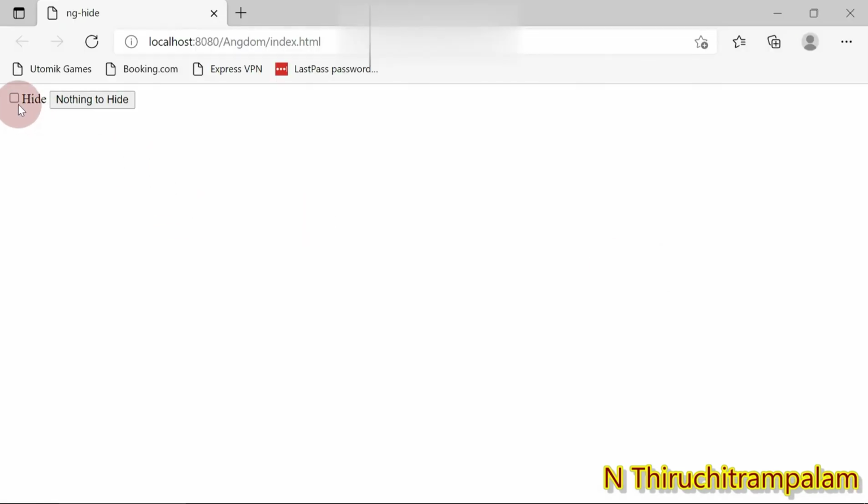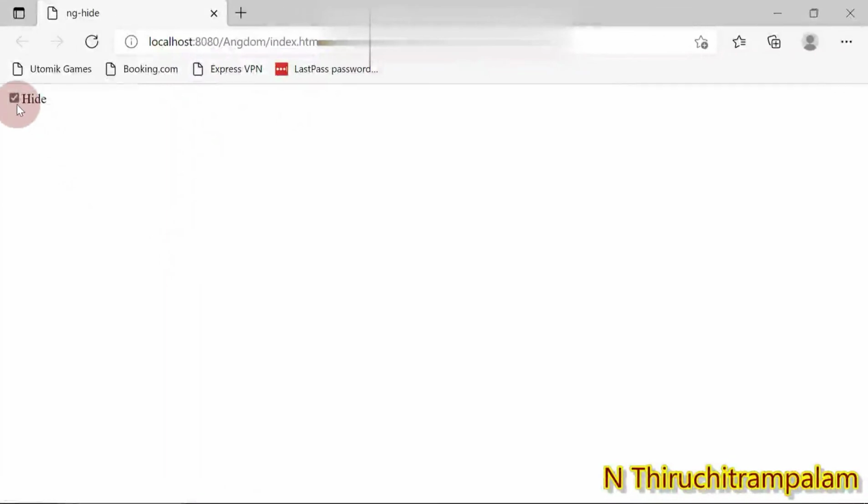So when I enable this checkbox, you see this button would disappear. See, the button got disappeared. When I make a tick mark on this checkbox, the button disappears.